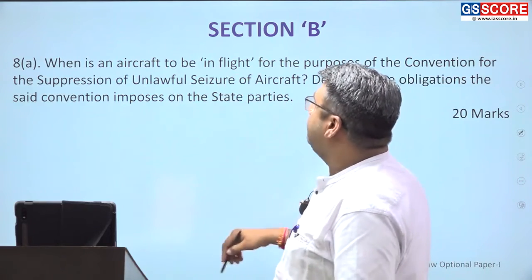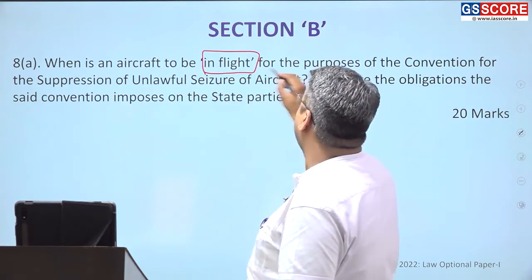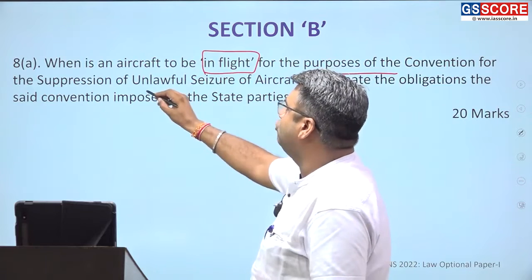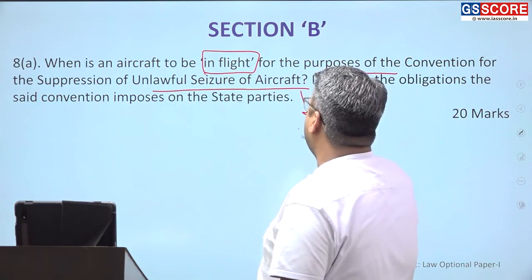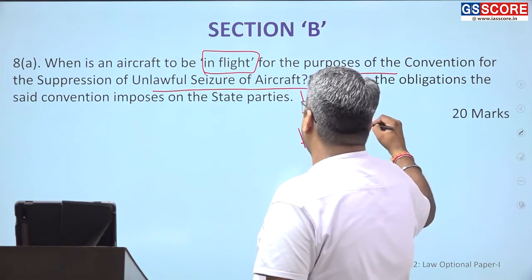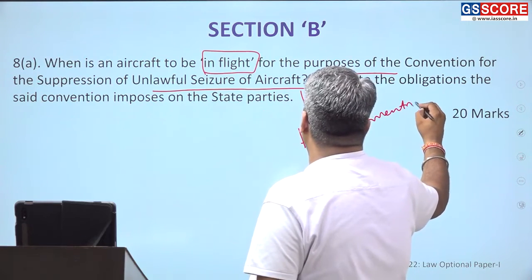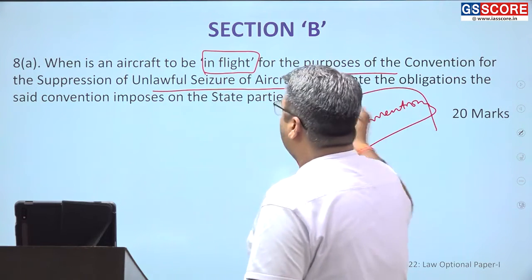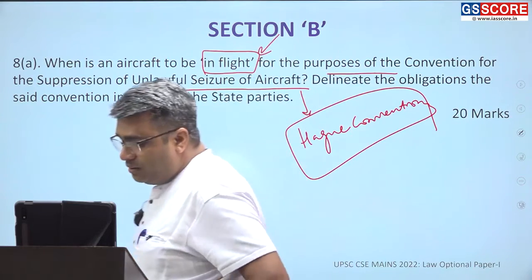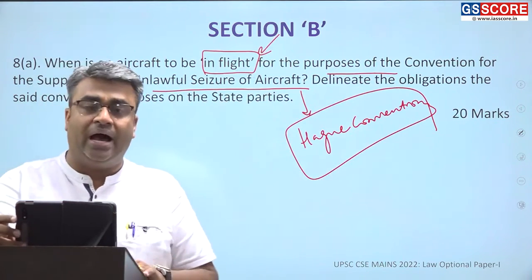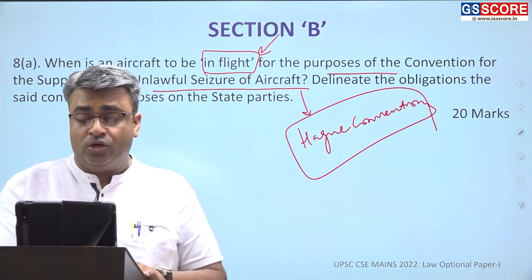When is an aircraft to be in flight for the purposes of the Convention for the Suppression of Unlawful Seizure of Aircraft? Actually, it is the Hague Convention, in which the meaning of in-flight is given, because it is about the hijacking of airplanes. So if you refer,